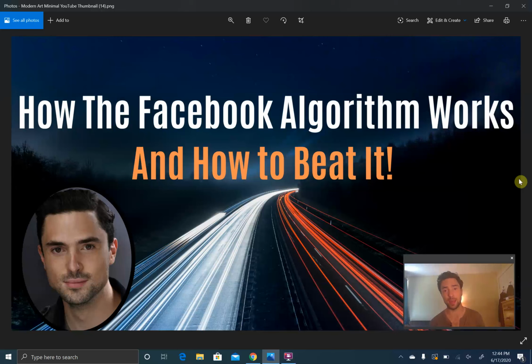And the way that you do that is to make a good first impression on the first pocket of people that see your post. Now, what determines who is going to see your post, and how many people are in the first pocket? Who are those people in the first pocket that Facebook is going to show your post to first? Those are the people you want to impress. So who are those people?